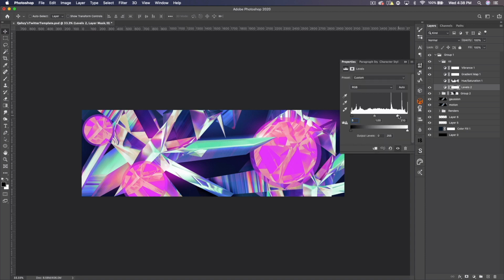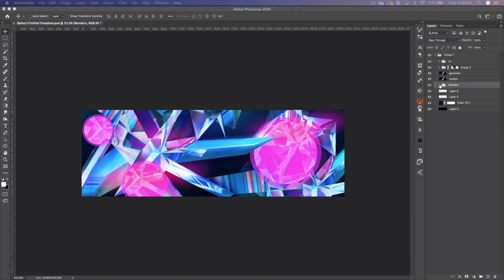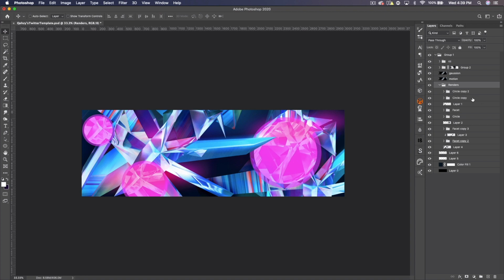But yeah, so that's just something you can play around with. Maybe if we went darker here, I don't know. But feel free to mess with the gradients to get different results. Also, if you make your own render by following the original tutorial on creating the renders, you can change the colors to other things. Now we're going to go ahead and add the text, and I'm going to do it